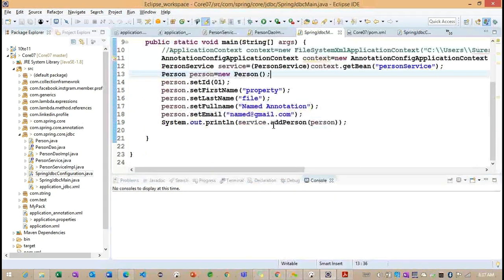Okay, the first record is also inserted. Now we'll go for the 8th record.